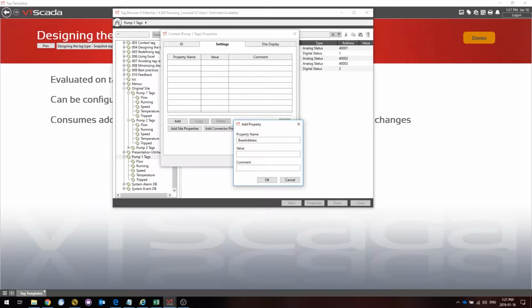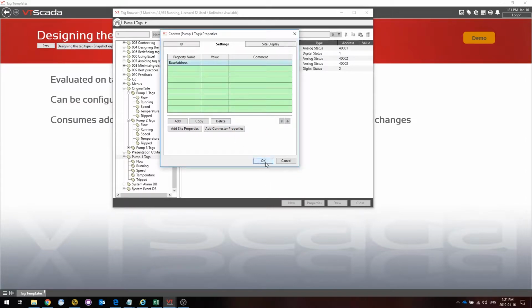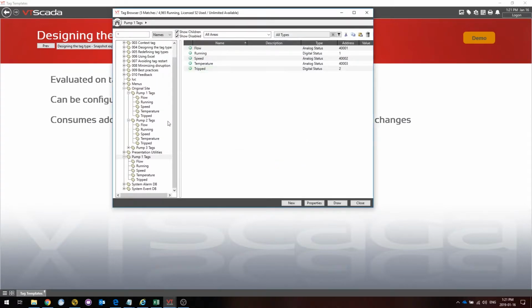So the parameter I'm adding is named base address. You cannot have spaces in here. It's generating code in the background, so you have to have one contiguous word. Okay, so I've created this base address, and now to accommodate the different addresses, I know for pump 1 my